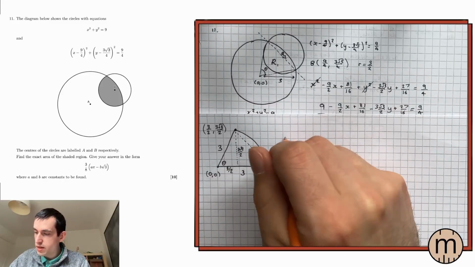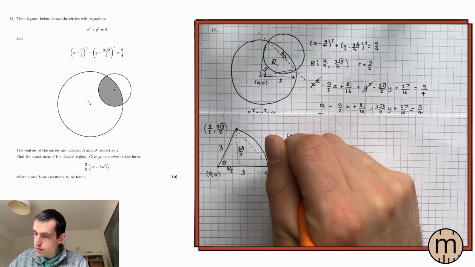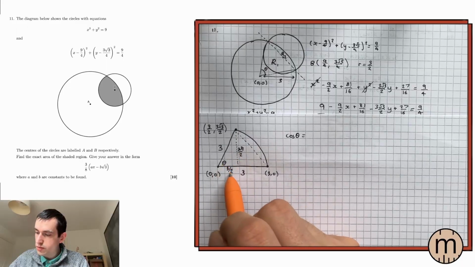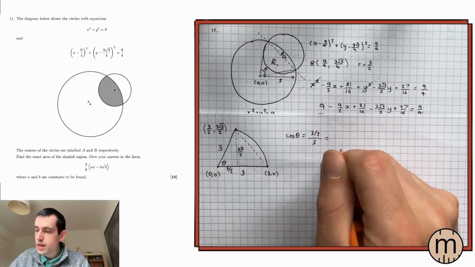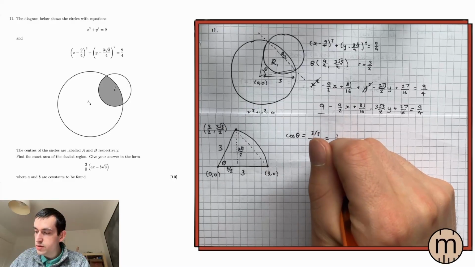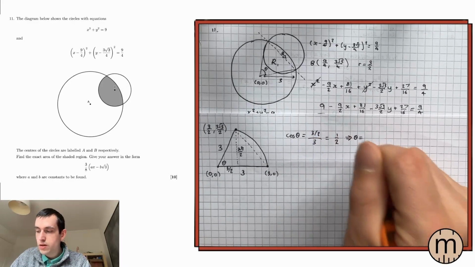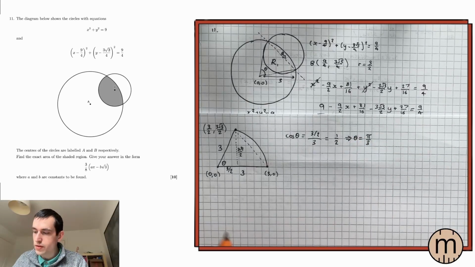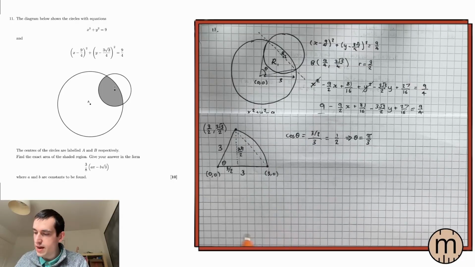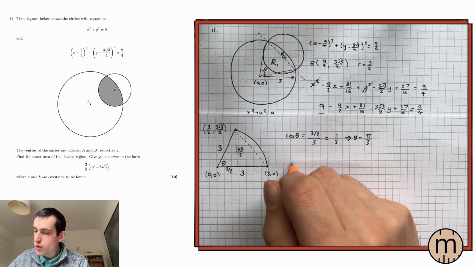Which means that if we say cos of theta is equal to adjacent over hypotenuse, then we're going to get that cos of theta is equal to a half. Therefore, theta is equal to pi over 3. If you've got pi over 3, then we can use our radian formulas to work out the area. The area of the whole sector will be